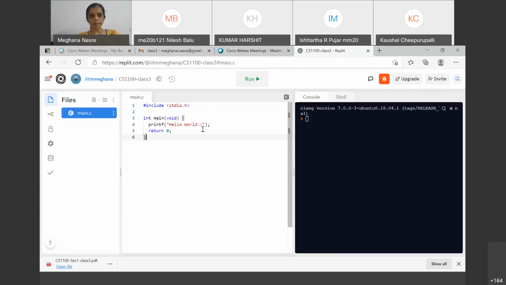So this is what it gives me as a template for the first program. This program is pre-written for you as soon as you do a new REPL. You can try this out in the lab when we meet in the afternoon, but this is what it will show you. Okay, so any questions or any comments on this part that I have shown you till now?